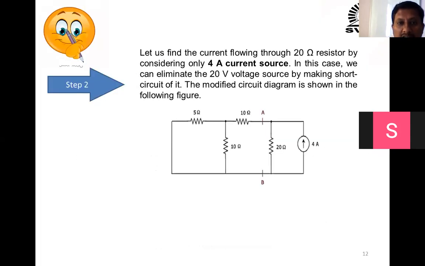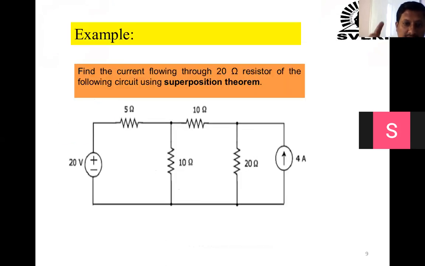So we can start to solve one example. This example we can start to solve by using the superposition theorem. So what we can do here, we can divide the examples into 2 categories. First of all, I will write the categories. So first category is what? Method 1 or type 1. The condition is common. What is the condition? A linear circuit should be there. Next, it should consist of a minimum of 2 independent sources. That condition is common for method 1 as well as type 1.